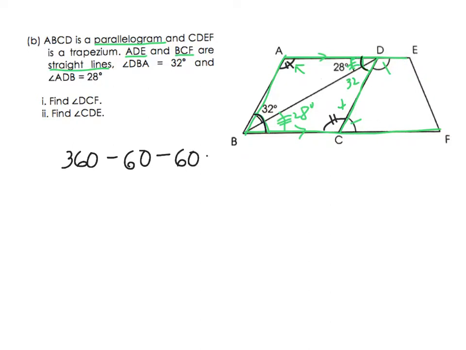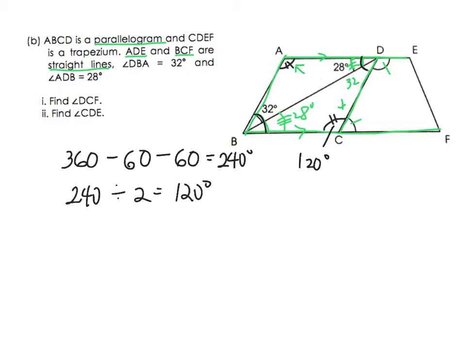So that will result in 240 degrees. And that's the sum of the other two angles that are opposite each other. So 240 degrees divided by 2 is 120 degrees, meaning this is 120 degrees,